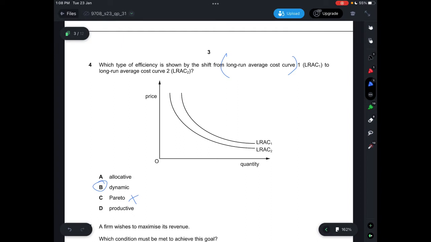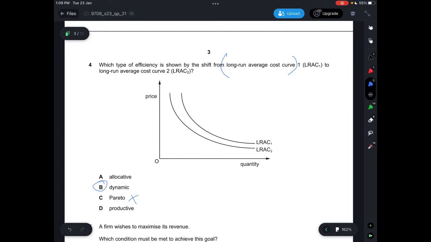Productive efficiency is mostly compared to dynamic efficiency. Dynamic is because of technological changes, whereas productive efficiency is more on workers and their efficiency in general, which would only be more effective in the short run. And for dynamic efficiency, because it's technological processes, it would be the long run, because only over time you'll be able to break even and earn from your investment in the machines, and also result in a decrease